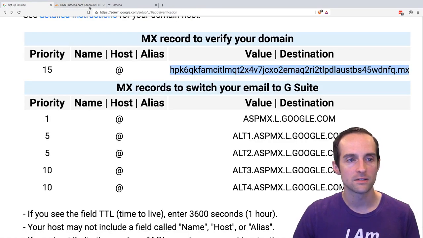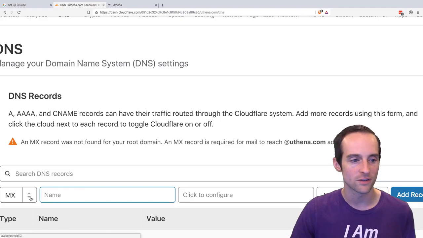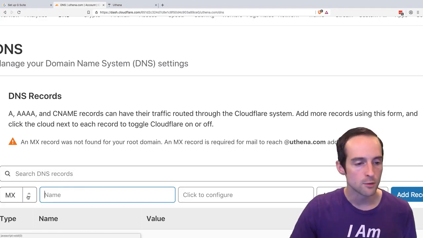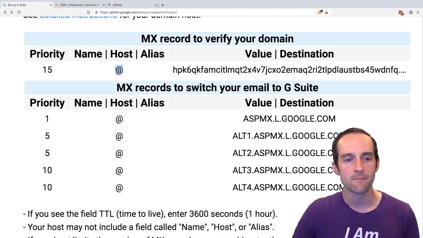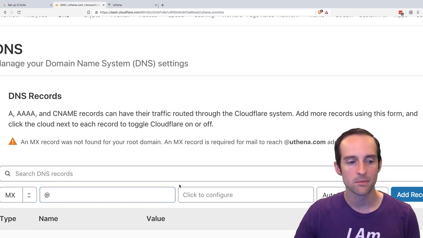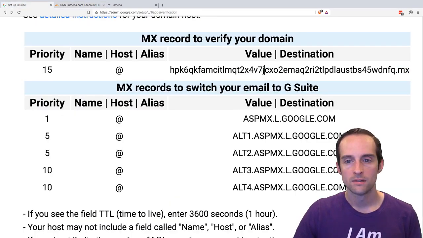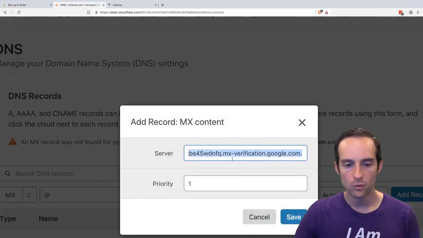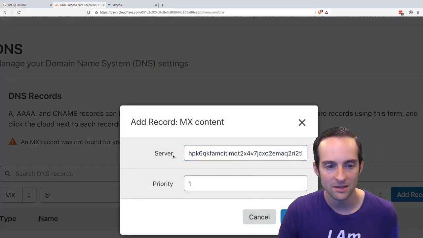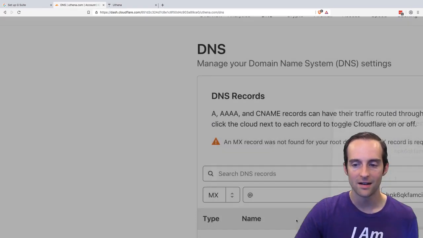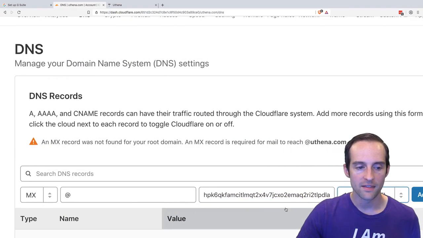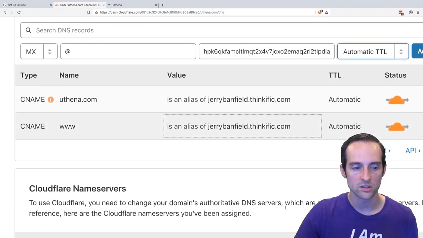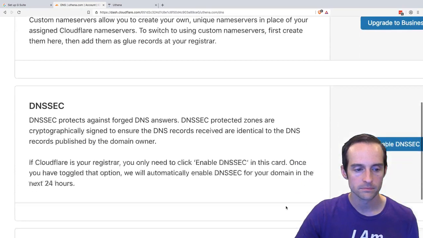Then I look, so that's how you do it on any other service; it's very similar to this. You put MX record over here. Then you look under name. So this is the exact name. You put the @ symbol, that means that's the root. And then we copy and paste this over here, and we put that in there. So you put the MX record in there, hit save,